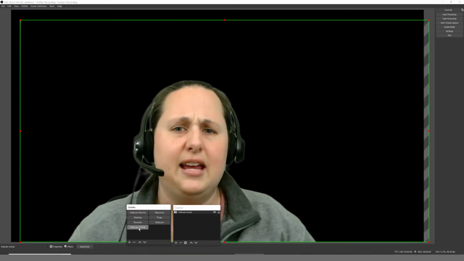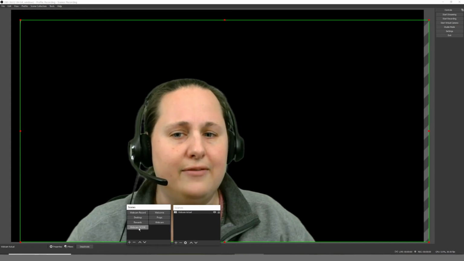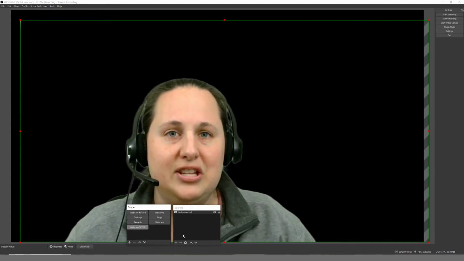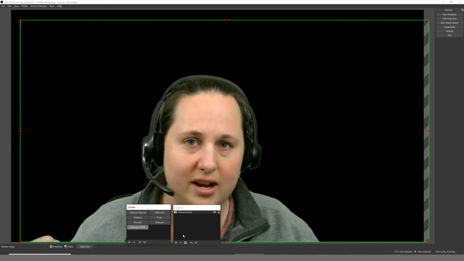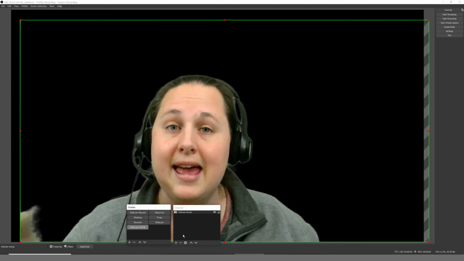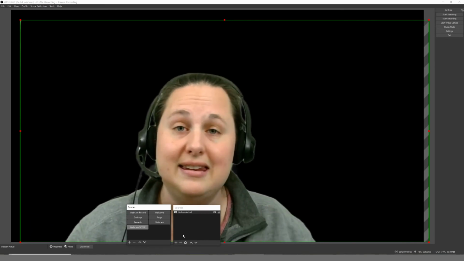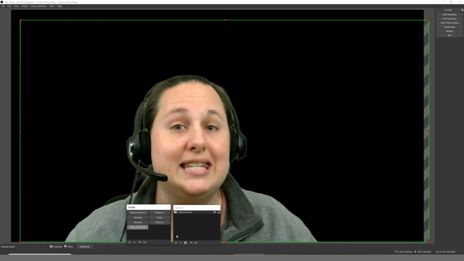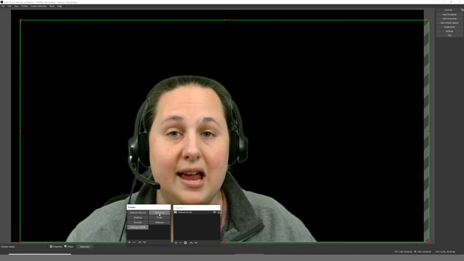But here's the thing, I don't want it to happen to everything, right? So if I add, say, a background into this, like an image that has green on it, it's going to remove the green because it applies to the whole screen, because the effect happens to the entire scene, not just a single source. What we can do is go to a different scene, and I'm going to use my welcome